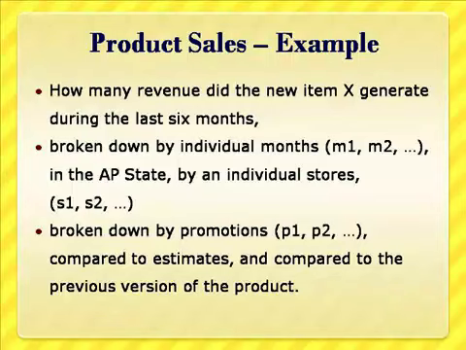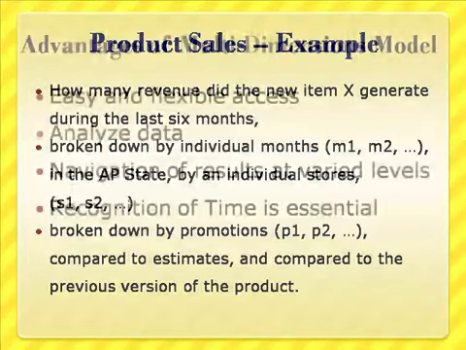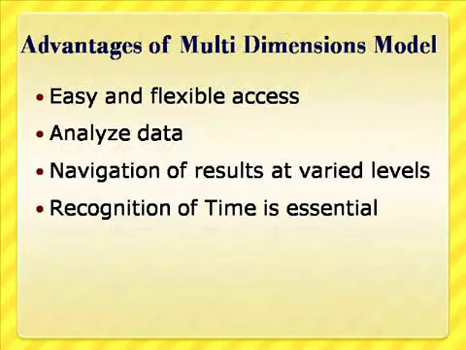The basic advantage of using this model is to provide easy and flexible access to information. Decision makers have the ability to analyze the data along any number of dimensions at any level of aggregation, with the capability of viewing the results in a varied number of ways. Also, they must have the ability to navigate the results from one level of summarization to the next and vice versa. Such power does not exist in one-dimensional queries. Therefore, without a solid system with this kind of facility, the purpose of using the data warehouse is incomplete. That is the reason why multidimensional analysis is very widely used.